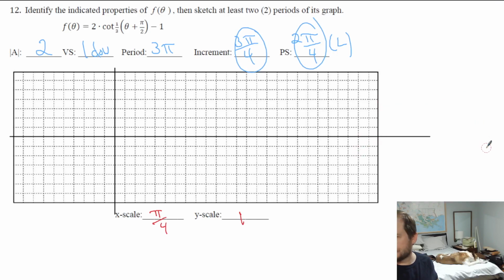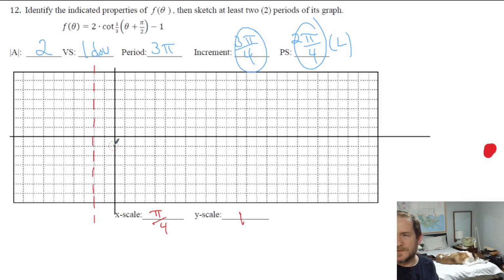Now what? Now start plotting points. What are we? Cotangent? Cotangent's the one that decreases, right? And starts on its asymptote? Okay. So if I phase shift 2 boxes left, 1, 2, then the first thing I should see is an asymptote. Then we now use the increment. We're going to go 3 boxes at a time. 1, 2, 3. And the next point, since we descend, would be one of our max points,